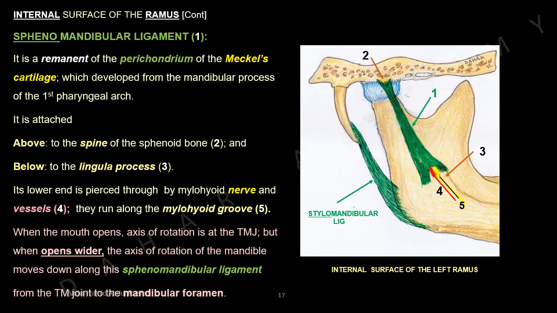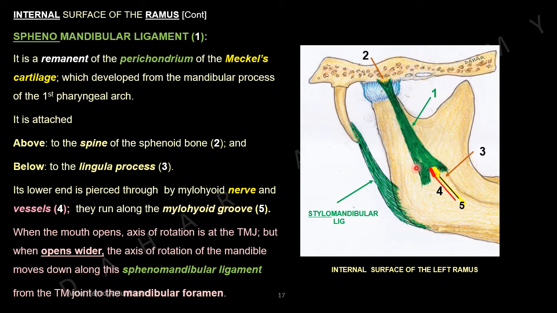Internal surface of the ramus continuation. If you see the diagram, on the inner side of the ramus, you see two ligaments. The first one is sphenomandibular ligament and the second one is stylomandibular ligament. Now we are going to talk about sphenomandibular ligament. Number one,